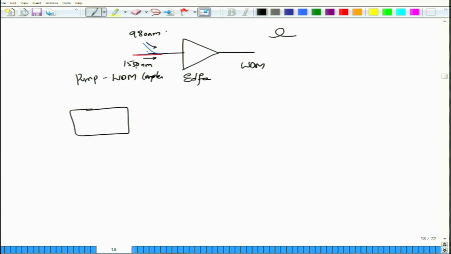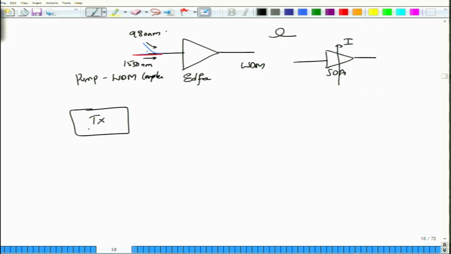So, that is that one, and this is the erbium doped fiber amplifier, which of course amplifies, and things that you already have seen. So, we have talked about this erbium doped fiber amplifier. Of course, the same symbol is also used for semiconductor optical amplifiers. In this case, there is no pump coupler requirement because the pumping is done by the current of the semiconductor optical amplifier. So, this is also a WDM component because it is used in WDM systems, and this EDFA is used in 3 different ways.